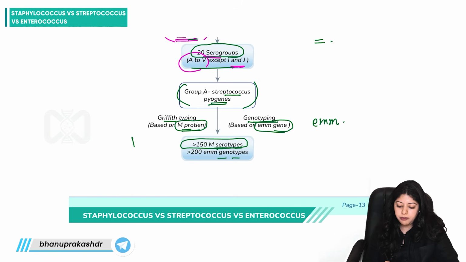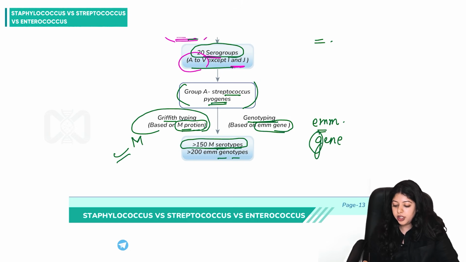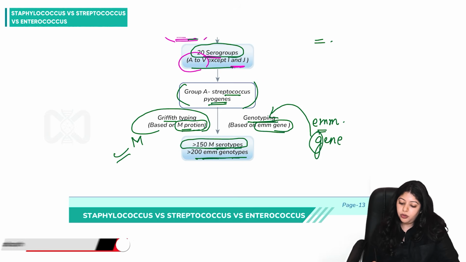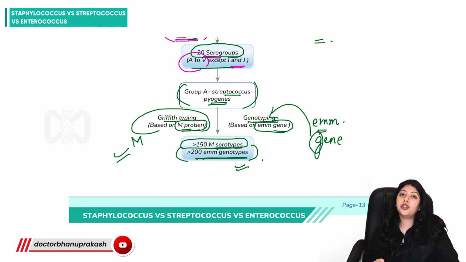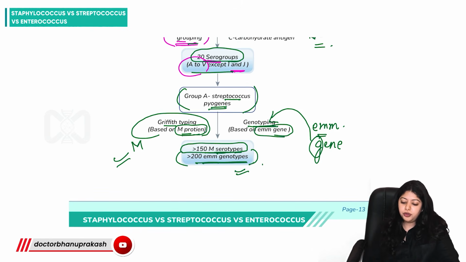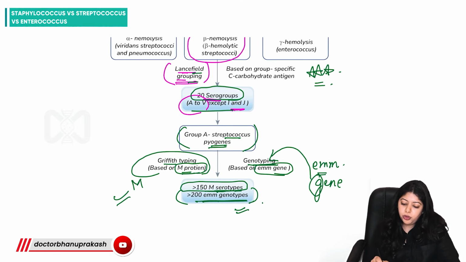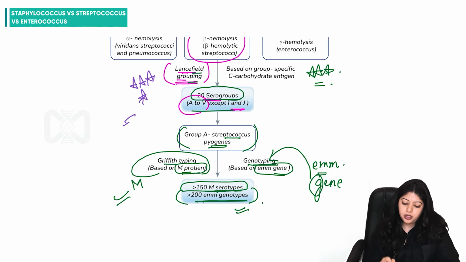So it is the M protein for Griffith typing and the M gene for genotyping, which is grouped into more than 200 M genotypes. But for you to remember, the most important thing amongst this particular flowchart is the Lancefield grouping,